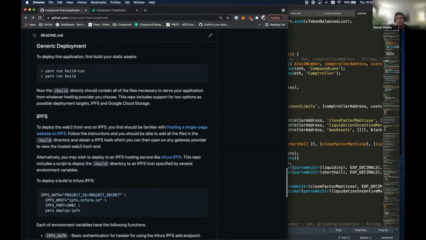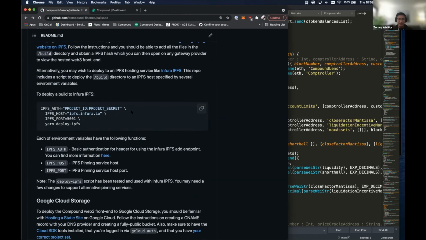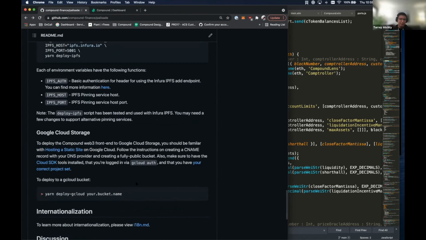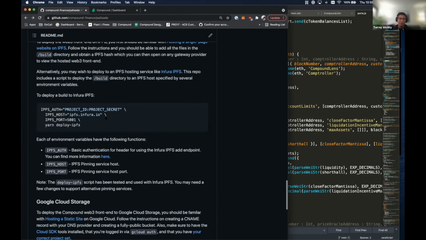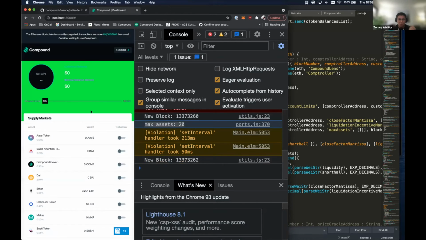The Palisade application also supports being able to deploy all of my changes to IPFS, which is kind of the default environment that we use to deploy any changes from ourselves that we make, as well as G-Cloud. So the scripts in here, if you follow the instructions, allow you to set an IPFS port, a host. You can add in the necessary API keys that you need, run the IPFS script, and then get the version of this